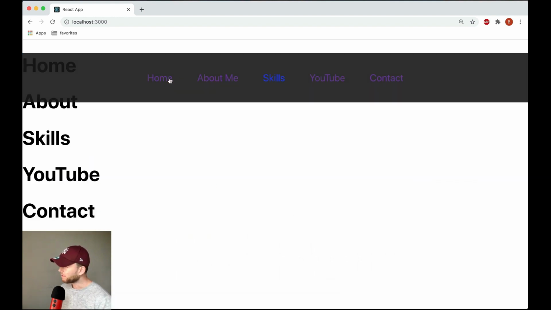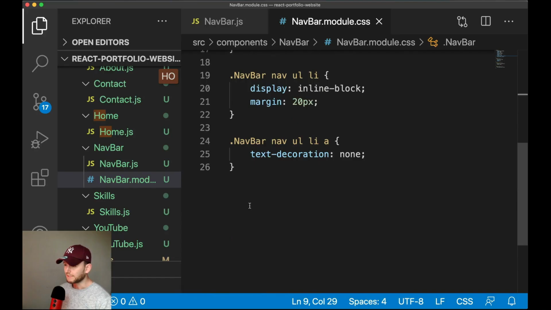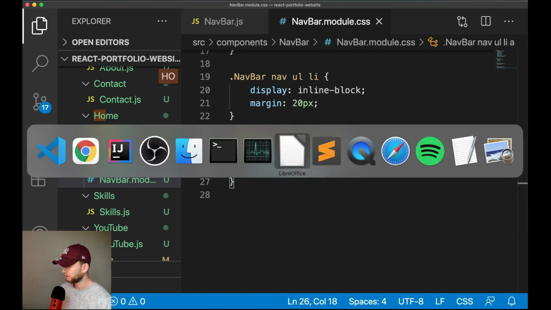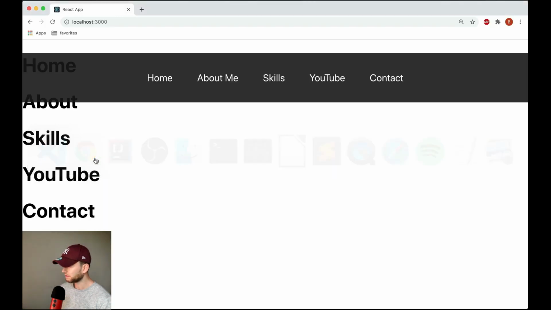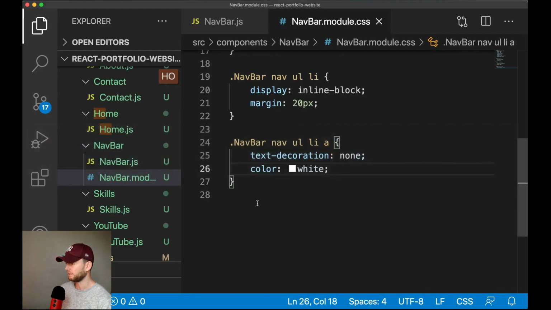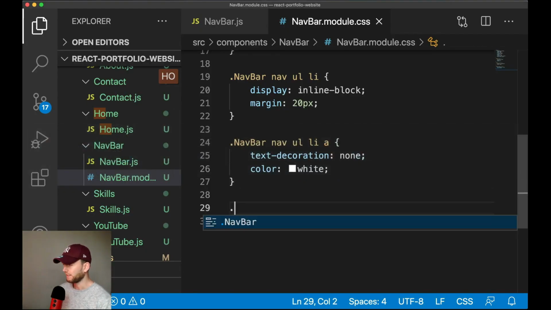The only thing we want to do now is that we don't like this color of the text, so therefore we can say, where is it? Inside here we can say color white, and when we go to the browser, we want to do something with the hover. So when we hover with the mouse, we want to create a little bit of effect, and therefore we can